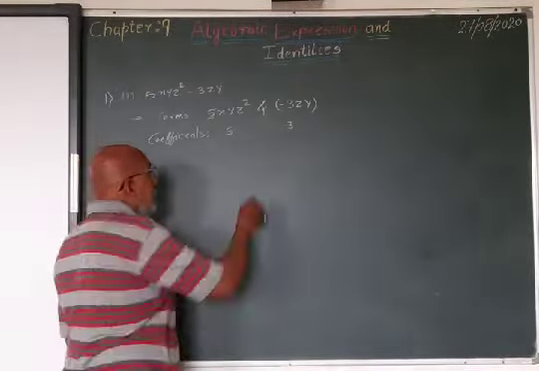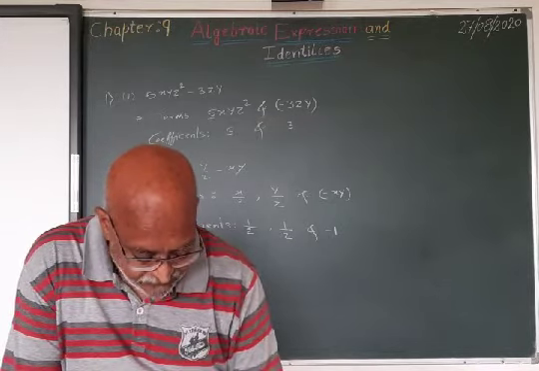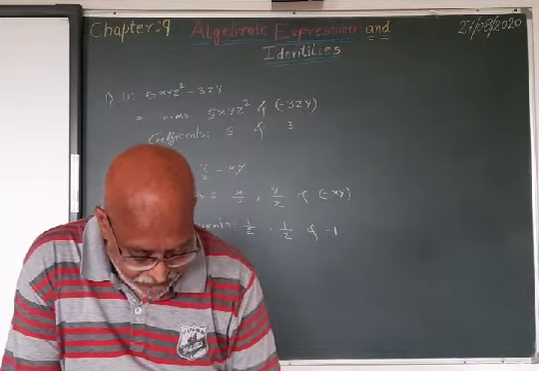Classify the following polynomials, the second one, as monomial, binomial, trinomial. Which polynomials do not fit in any of these three categories? So there are some algebraic expressions given to you in the second one, and you have to identify whether it is monomial, binomial, trinomial or polynomial. Okay, so the second one.